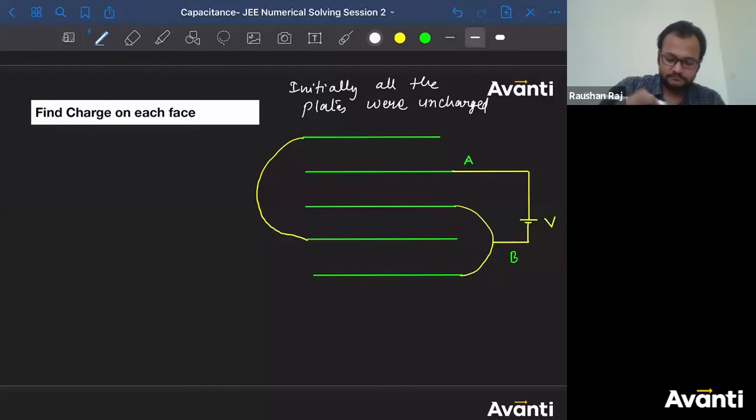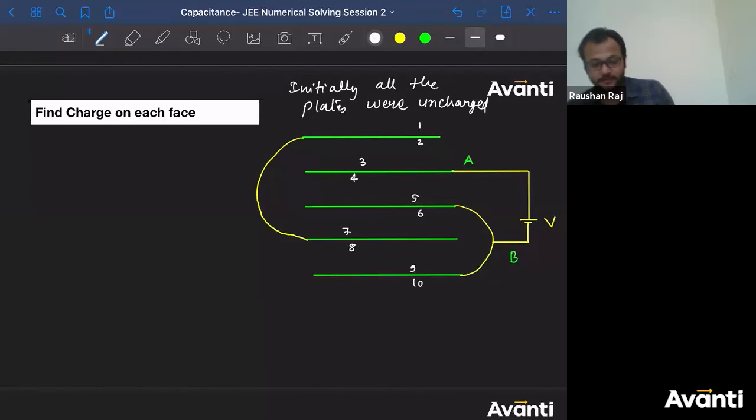Now let us, मैं नाम नहीं दूंगा, आप खुद बताओ. You can name this as 1 for the reference so that you can answer it in a clearer way. 3, 4, 5, 6, 7, 8, 9, 10. तो Q1 and Q10 तो 0 मिल गया, बाकी का आप answer करो. देखते हैं कितने लोग का correct answer आता है, how many of you actually get the answer? Anything wrong, it doesn't matter. I just need your approach, I just need your attempt here.